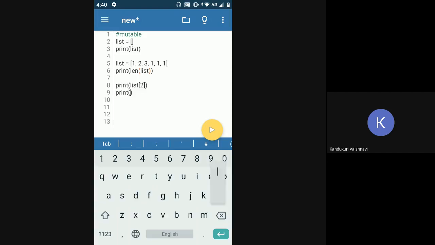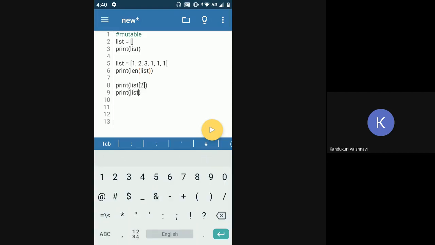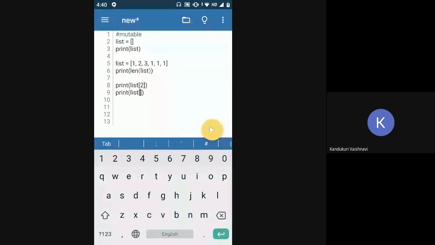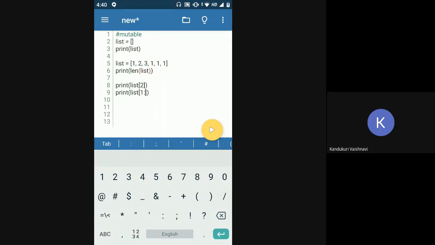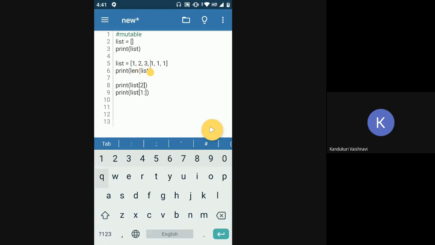So in this case, if I say list, in the square brackets you will first have to put in your starting index, which here I say from 1. Suppose I want the values 2, 3, and 1. What should I put as the ending index? 3? No, you should put it as 4. That's what we discussed yesterday. Whatever your ending index is, you should put plus 1 while slicing a list. So you will put it as 4.